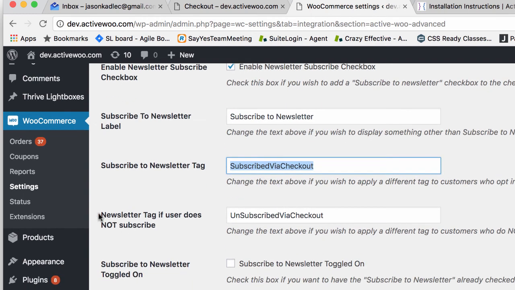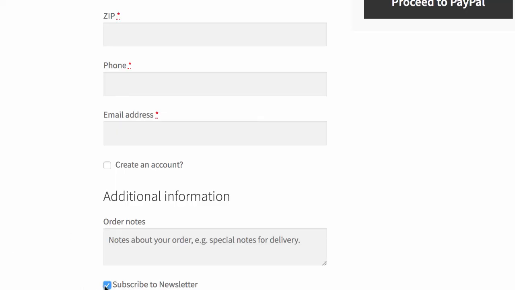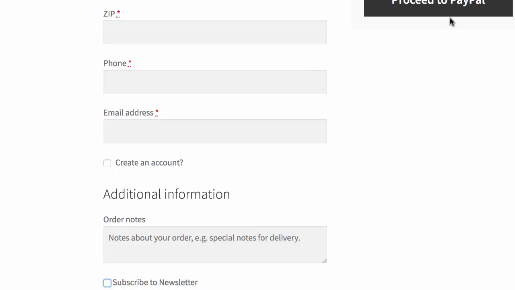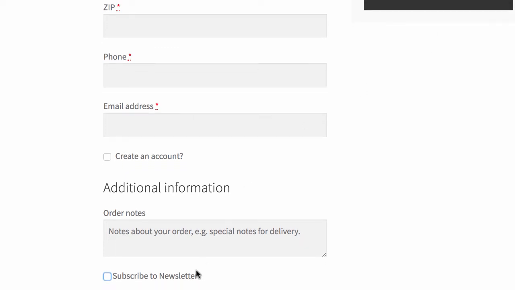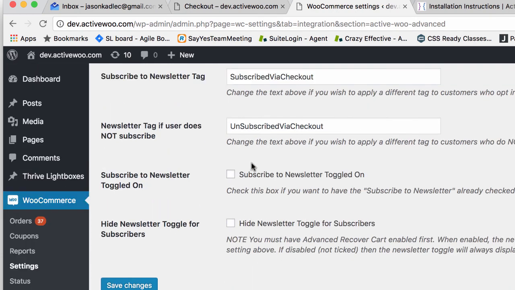Now we have another setting here, which is kind of optional. If you have somebody who's already subscribed to your newsletter, let's say they subscribed months and months ago and kind of forgot that they subscribed, and they come to your checkout page and this is left unchecked, and then they submit the form, does that mean that they should stay subscribed, or should they become unsubscribed because they left this empty? I don't know the answer to that question, but the feature is here if you want to answer that question